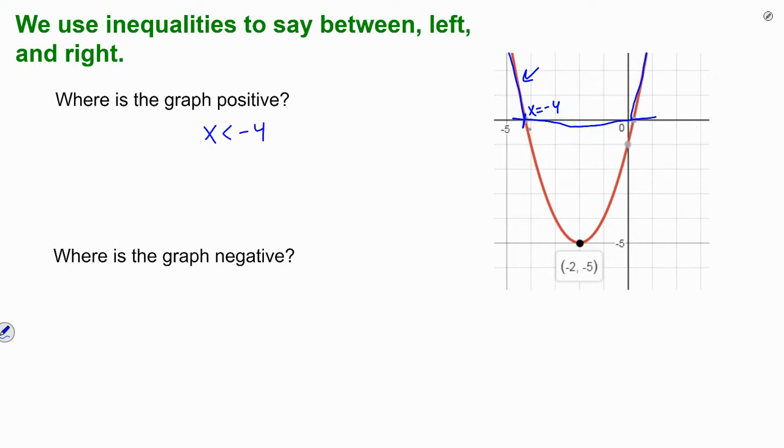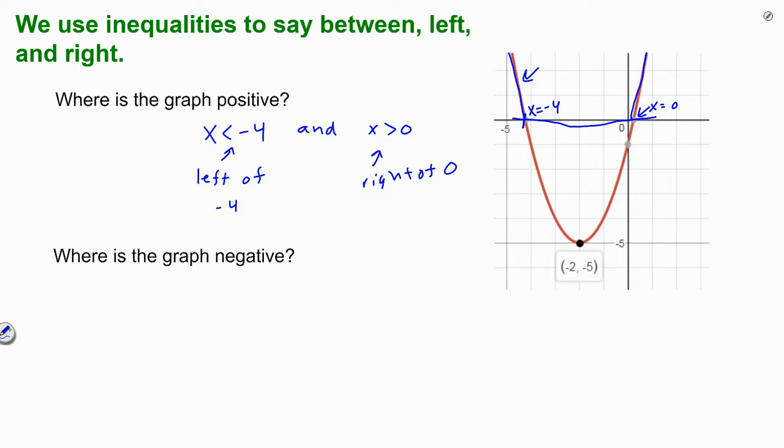Or I'm sorry, this word is positive, but it's also positive over here on this side. We're going to say this is x is 0. So it's also positive. We're going to say when x is greater than 0. So we're saying to the right of 0. So this is to the right of 0, and this is left of -4. Those are the exact same thing. So I would say this is to the right of 0, this is to the left of -4, and that